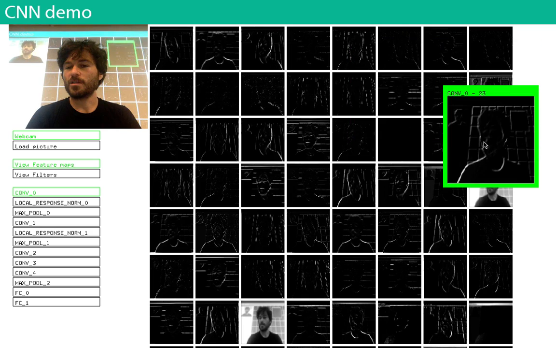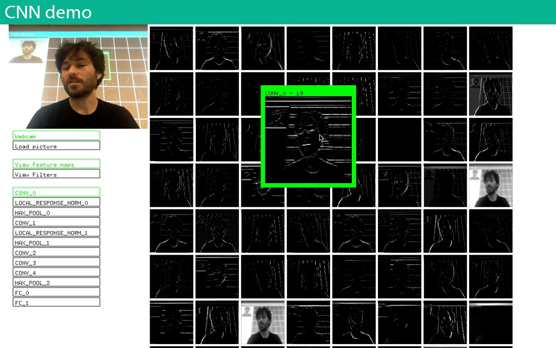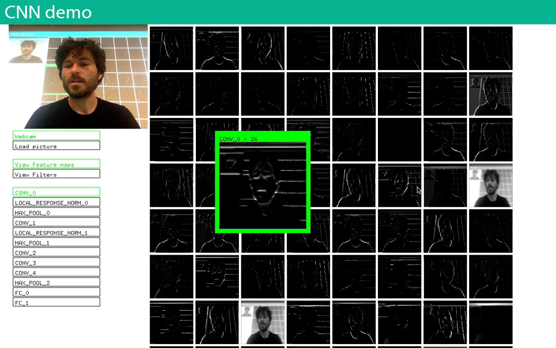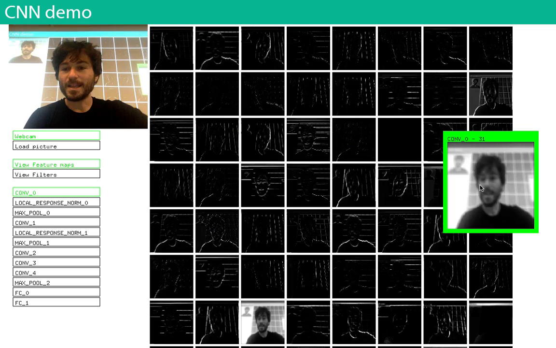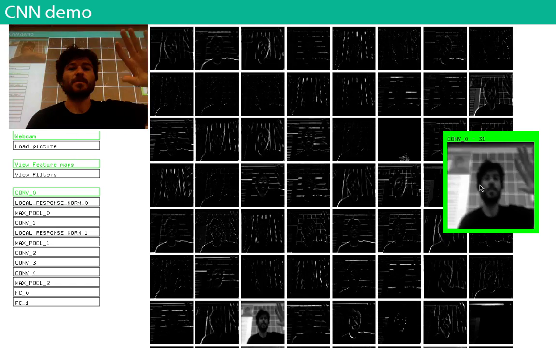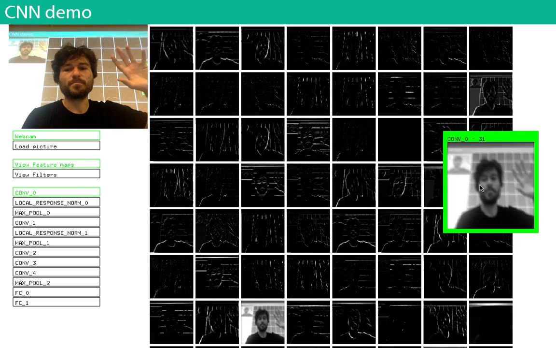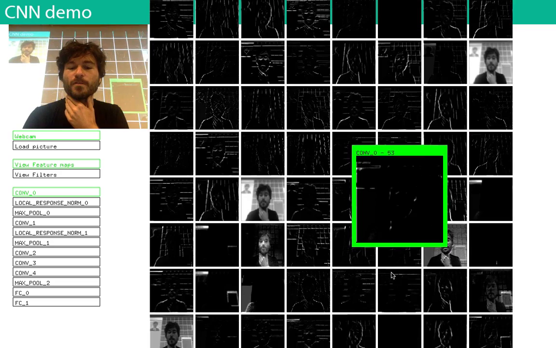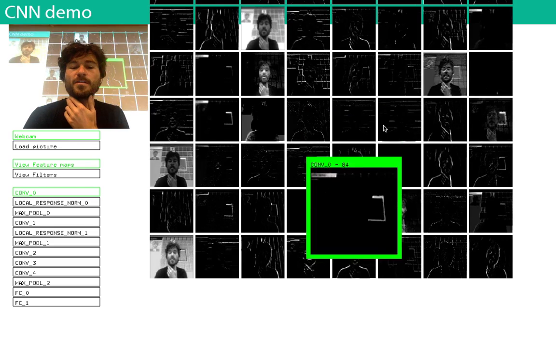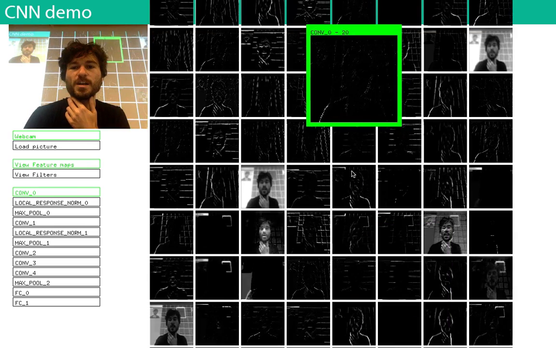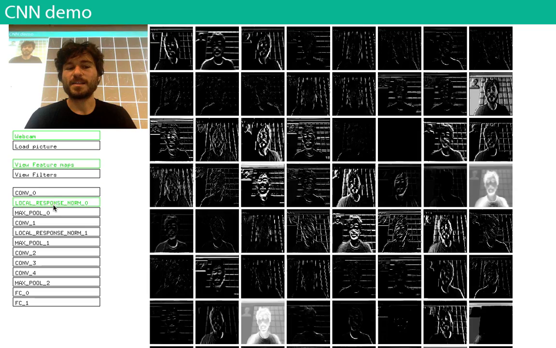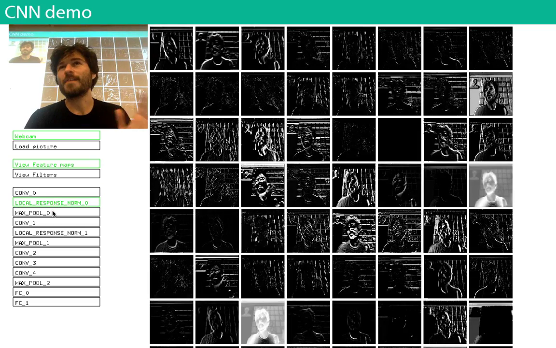And they all look kind of different from each other. Some of them are looking for what appear to be horizontal lines. Some of them are looking for what appear to be more like vertical lines. Others are looking for maybe plain consistent squares, areas of consistent pixels. Some of them are looking for gradients and things like that. They're very similar to what you would hear in computer vision called Gabor filters, which identify edges and things like that. And then there's the normalization layer, which I haven't talked about, a simple thing.